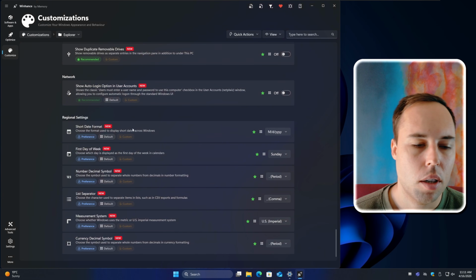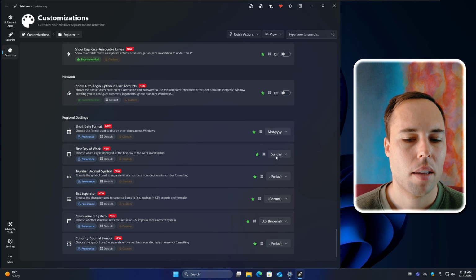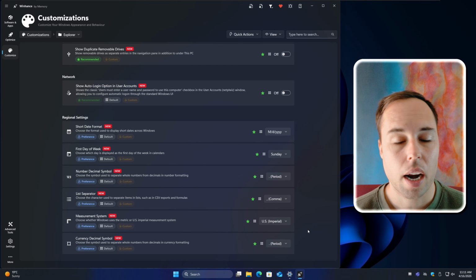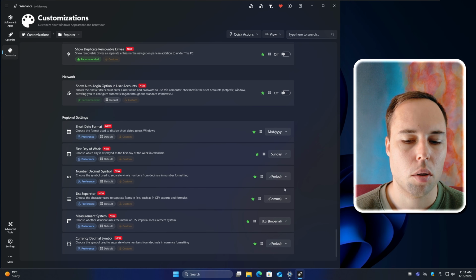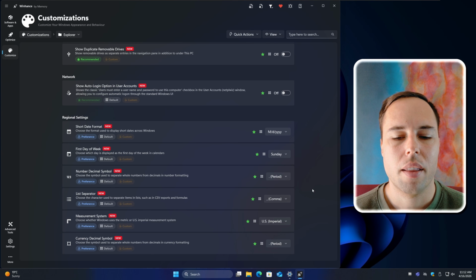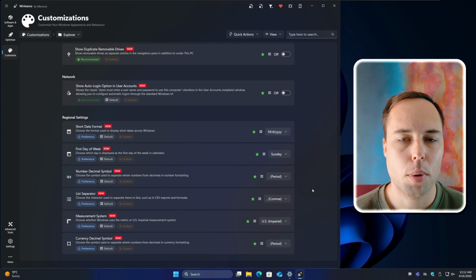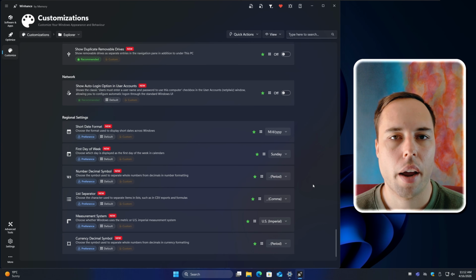Then lastly, for the new settings, we've got regional settings here. This was also requested by one of you in the community, where you want to be able to set the date format, the first day of the week, the number and decimal symbol, and all of these settings that you can see here. And I guess having access to these settings is nice, because a lot of the times some of the accounting software that people use on their machines require these to be set to specific values. And I can remember from my time running the computer repair business that it was tedious if you had to do multiple computers and you had to go and set every single one of these settings to the way that the client wants it to be.